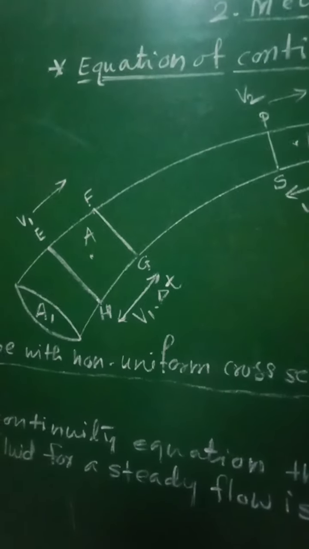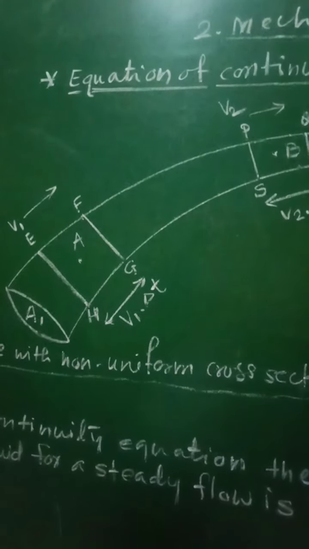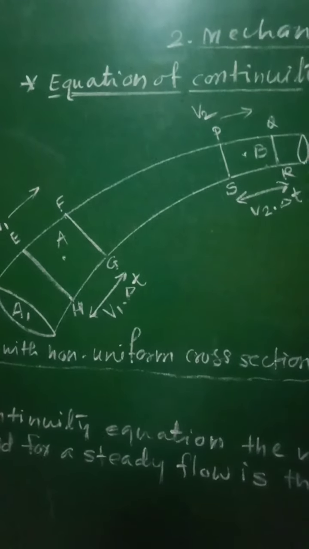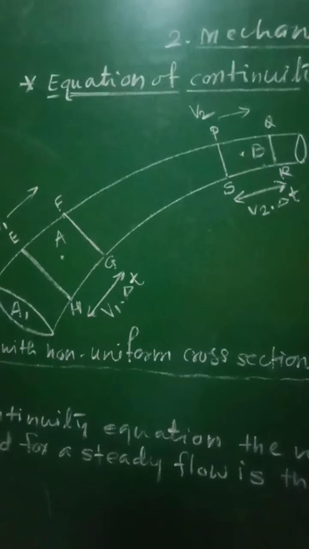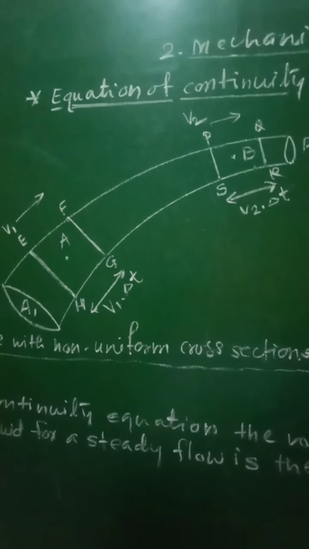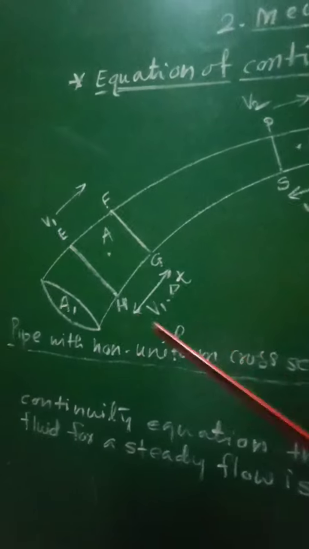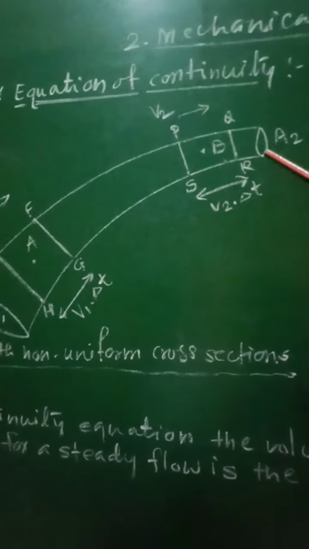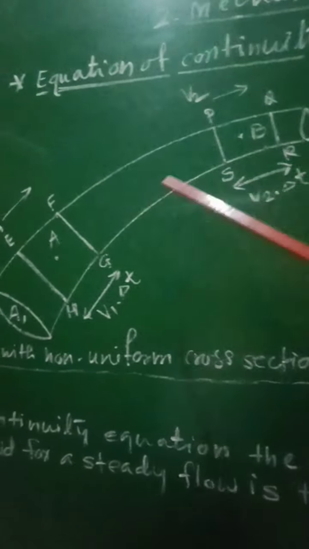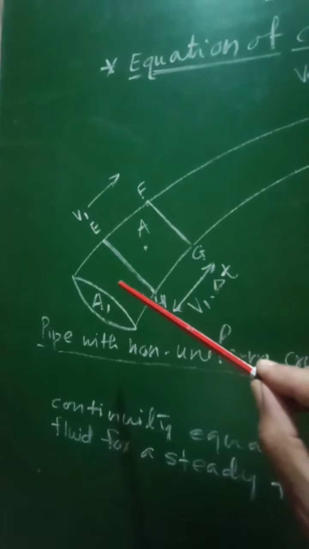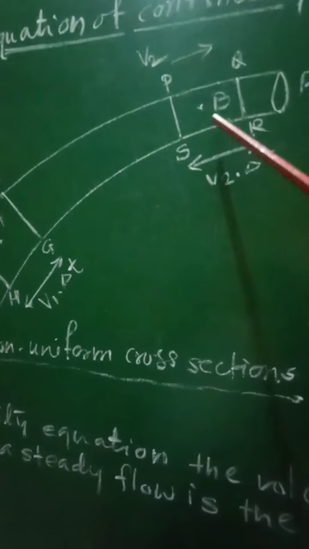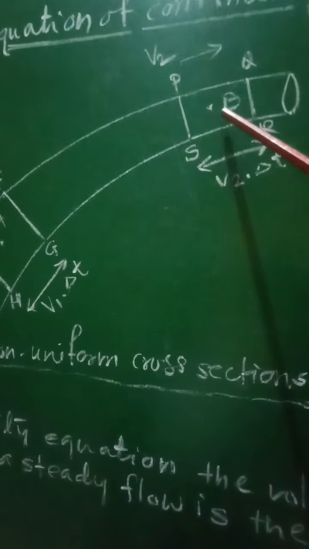And therefore we know that the particle of the fluid will move faster in the narrower section and it will slow down when it is moving through the wider section. That means as A1 is greater than A2 here, v1 will be less than v2. The velocity at this wider cross section will be less as compared with this narrower cross section.